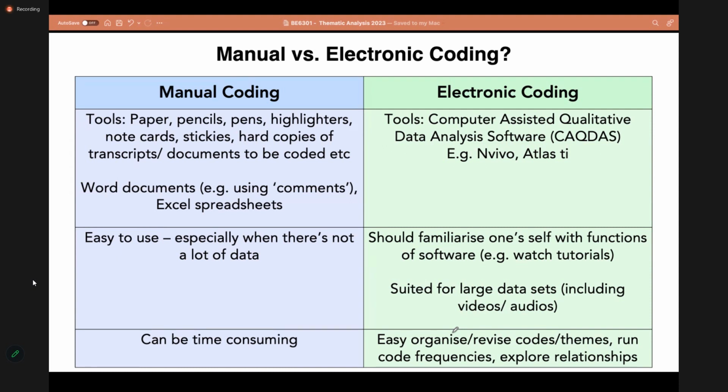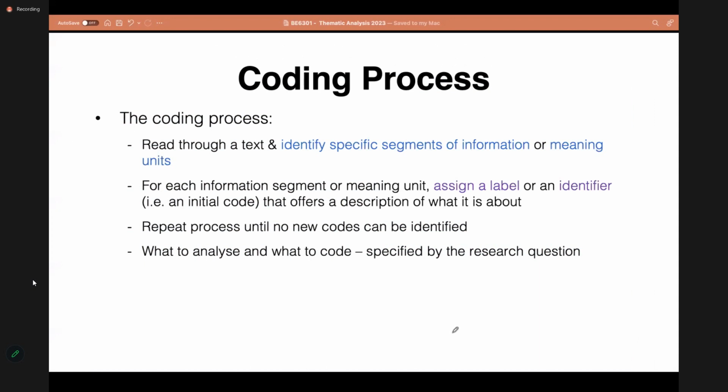Whereas in electronic coding, you can easily do it. It will automatically apply that change to every place you have coded. So those are the advantages and disadvantages. Depending on the context, you can select which approach you are going to follow.